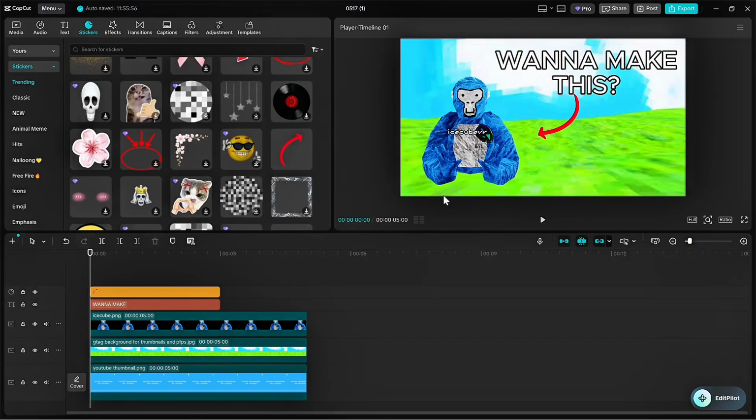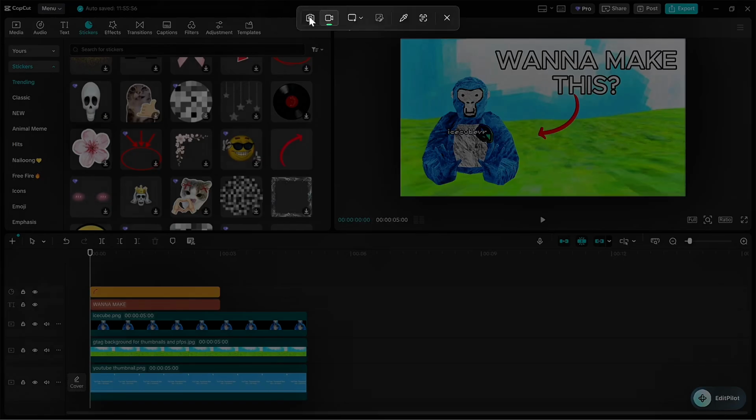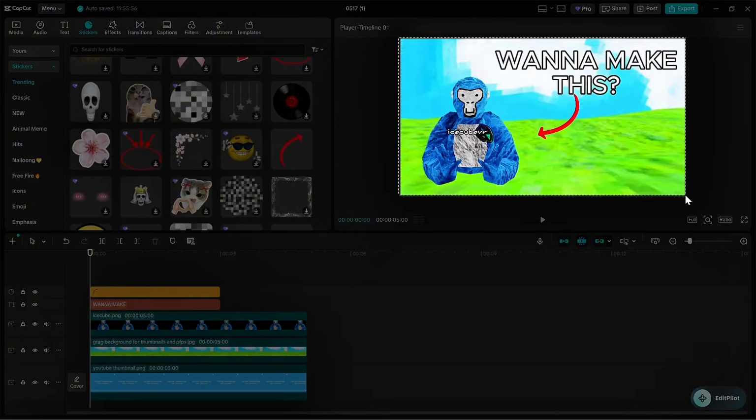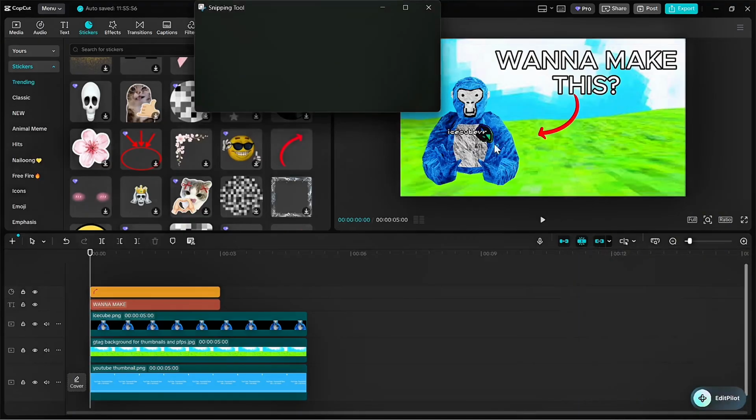Now what we want to do is take a screenshot of it, and in order to take a screenshot, you want to click Window Shift R, click the screenshot tool, and take a screenshot. Now it's going to appear right here. Click it,